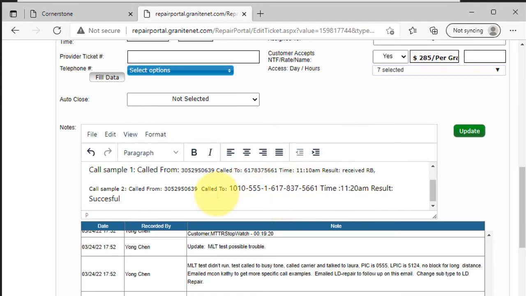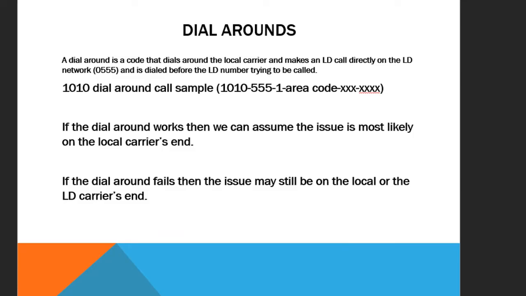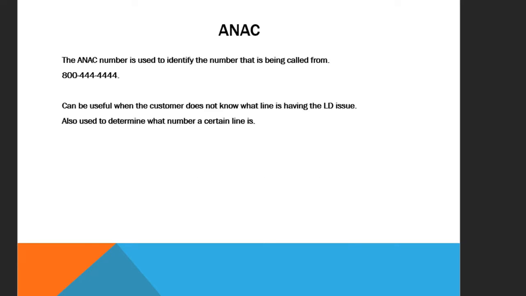And then before we would get that information when we called back, we would ask the customer to do one last final call sample. And that is the ANAC. And I know I mentioned this earlier. So the ANAC, here it is. It's our last call sample that we're going to have them do, and it's the most simple. It's simpler than the other ones as well, because all we're going to have them do is call the 800 number,